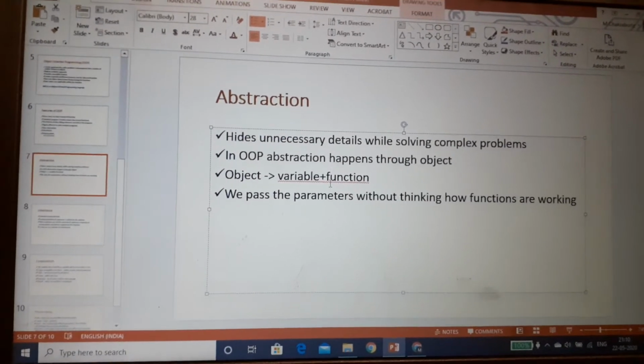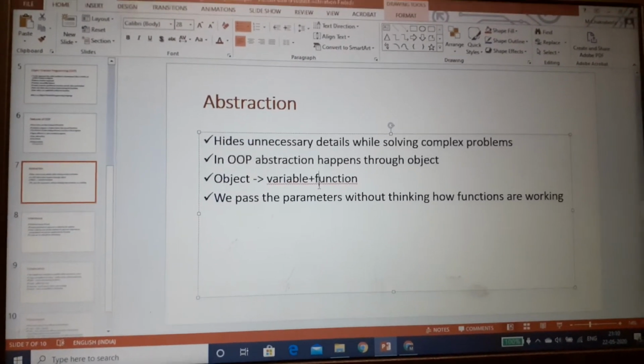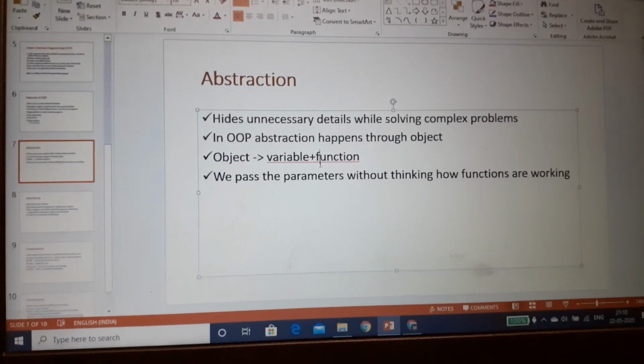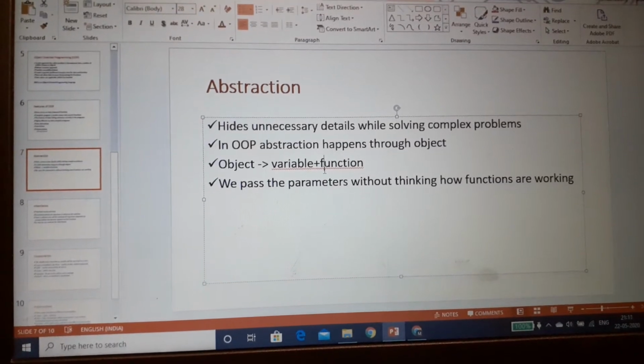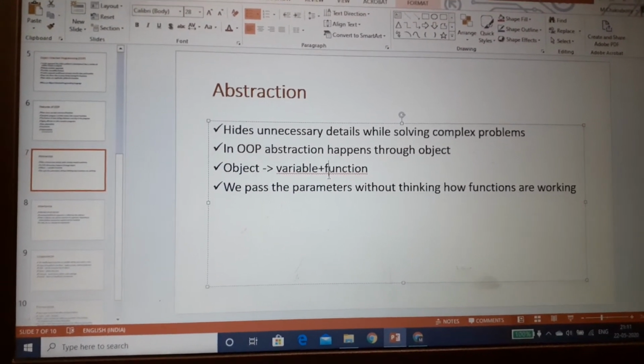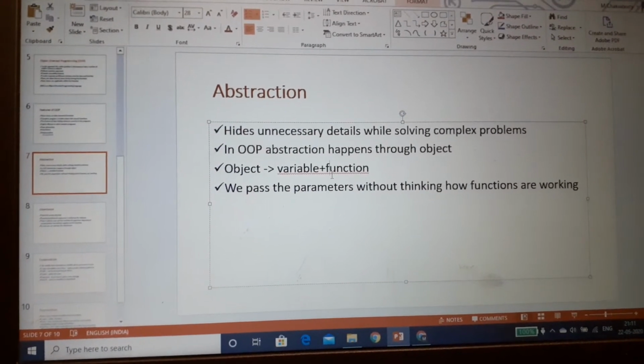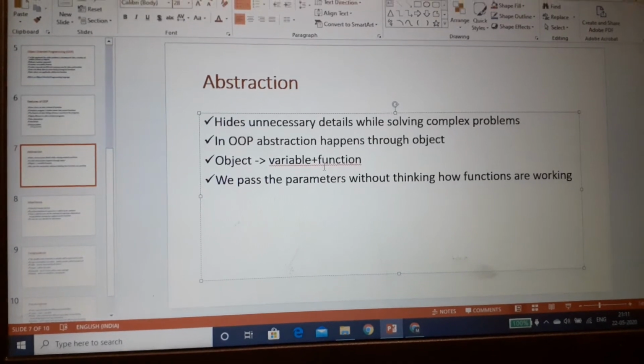As a user, you just pass the parameter and the function does all the necessary things for you. So the object encapsulates all the underlying functionalities, and you just pass the parameters without thinking about how the function is working.